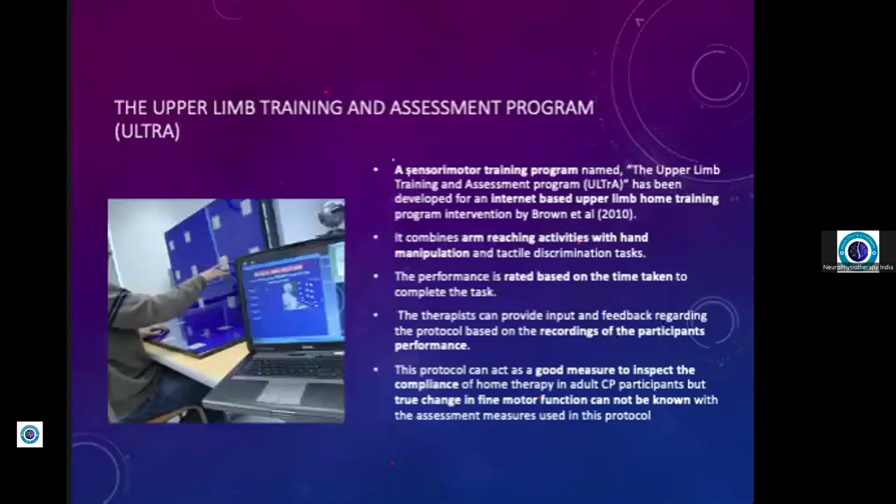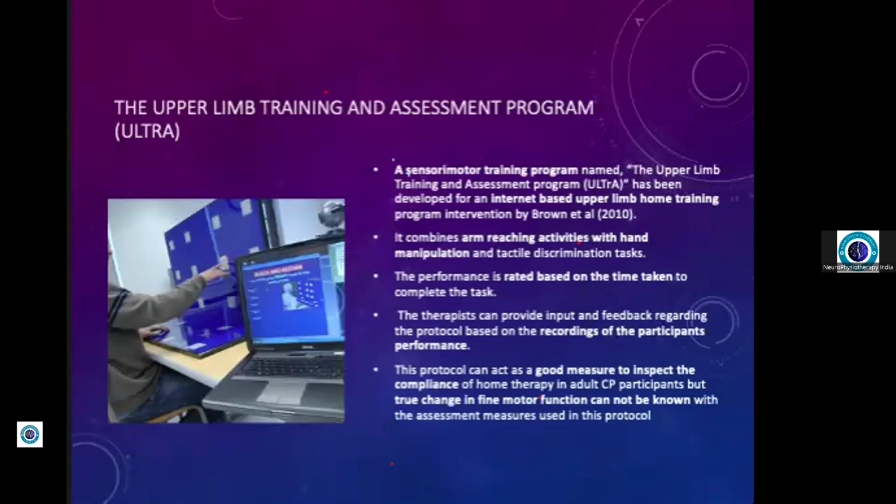So let's look at some of the published rehab protocols here, which do use computer games based off of these theories. So Ultra was one of such protocols that was created for sensory motor training program, which could be easily transferred from clinical setting to a home setting. So Ultra had been developed for an internet-based upper limb home training program. It combines your arm reaching activities with your